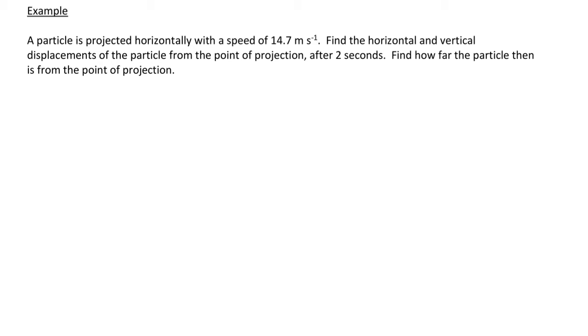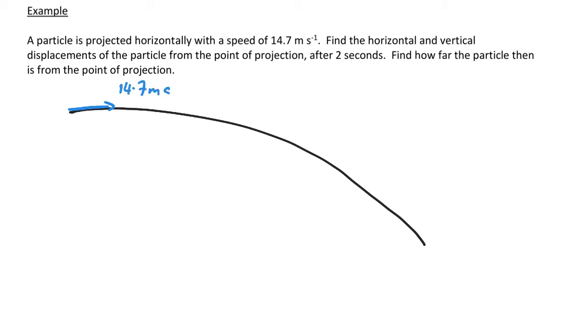So if we consider this particle is projected horizontally, so it's been thrown horizontally, what's going to happen to it is there's no vertical rise, but gravity will affect it, so it's going to be moving downwards. So initially the velocity is 14.7 meters per second, and then what we also have is the effect of gravity acting downwards. So we can think about the motion in 2 different planes. So if we look at the horizontal plane,